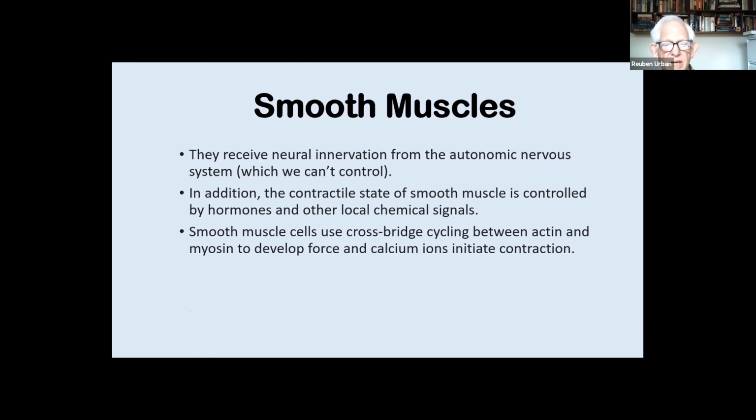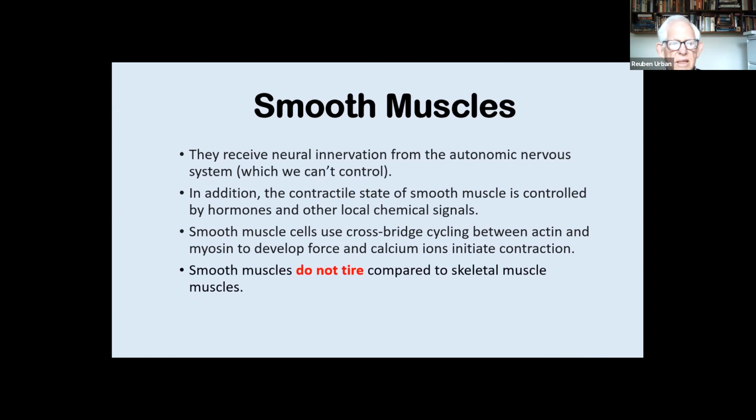So what happens here is they also have actin, and they also have myosin, and they also need calcium, as I mentioned. But instead of being in straight lines, the way you saw before, they have a cross-bridging system between the actin and the myosin. And so they all contract together, not individually. And that's the word I said before, syncytium. The other amazing thing about smooth muscle is that they don't get tired.